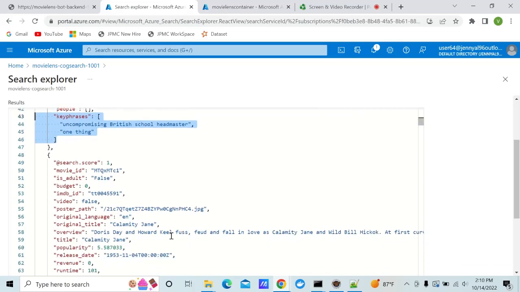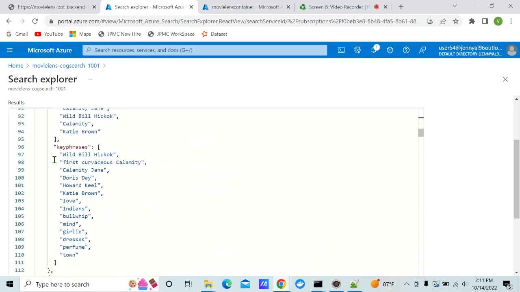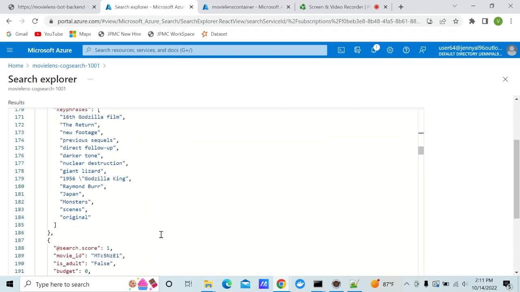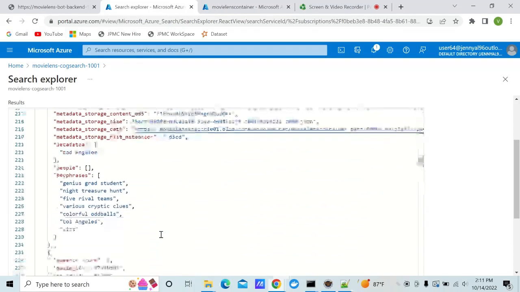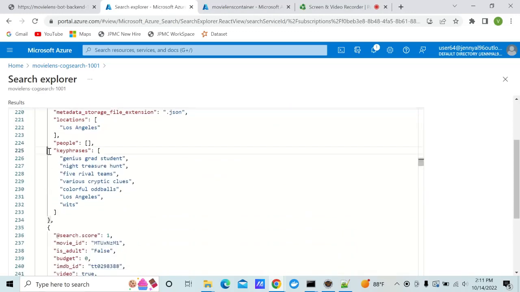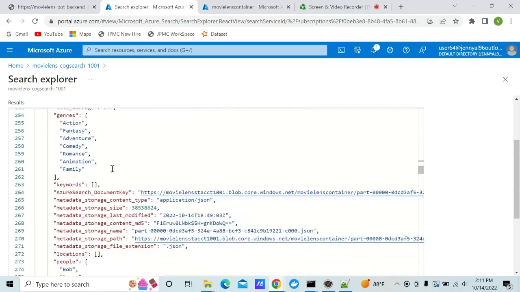You can use that for searching. Let's see here, key phrases, right? This was all done through the cognitive service. Because it was free, it didn't work fully, but it at least gives you a good idea. These are all the key phrases, right? But these are all our data, right? Say genre and all that. We have seen that it's our data. But this is the cognitive enhancement: key phrases, people, locations, right? So that is the cool part. So you can see this itself. If I say, give me all the movies that are located in LA, it gives you a very quick way to